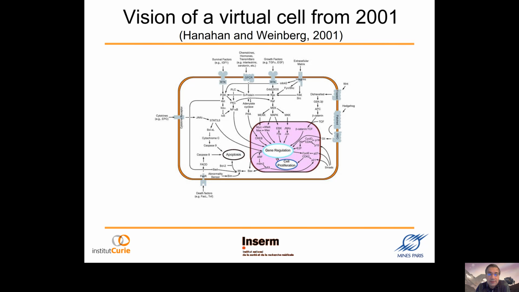And it was drafted in a hugely oversimplified way in this publication that I have mentioned already by Hanahan and Weinberg in 2001. This is an illustration from their paper, in which they stated that all these 10 hallmarks of cancer are not independent mechanisms in the cell, but are all interconnected through a more or less complex biological network. But of course, the actual structure of the biological network is way more complex than this simplified